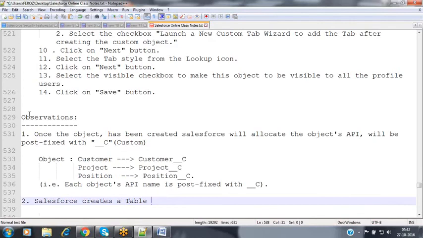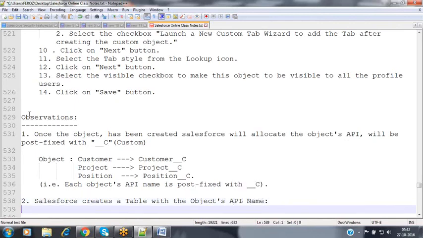Salesforce creates a table with the object's API name. So now for our account object, for our customer object, the table name is customer__c. And then for the position object, our table name is position__c.